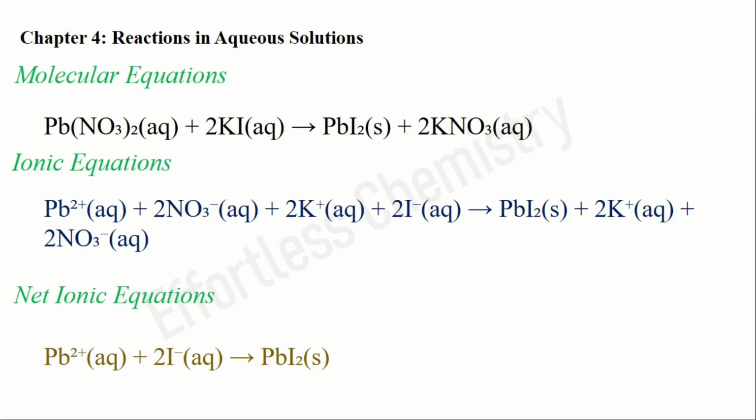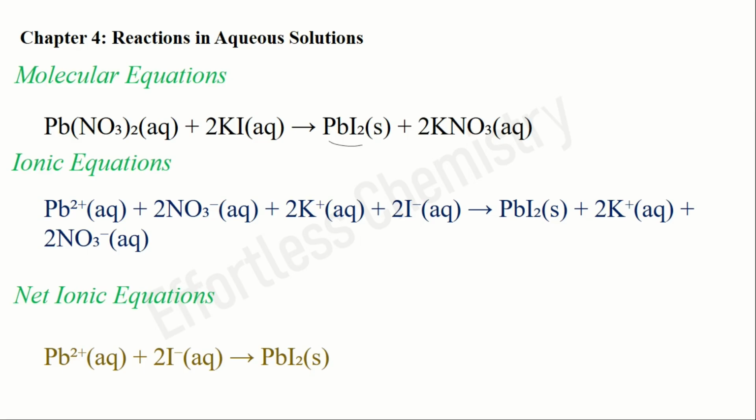Okay. Now I want to talk about these parameters: molecular equation, ionic equation, and net ionic equation. What are they? The equation describing the precipitation of lead iodide here is called a molecular equation. This equation is a molecular equation because the formulas of the compounds are written as though all species existed as